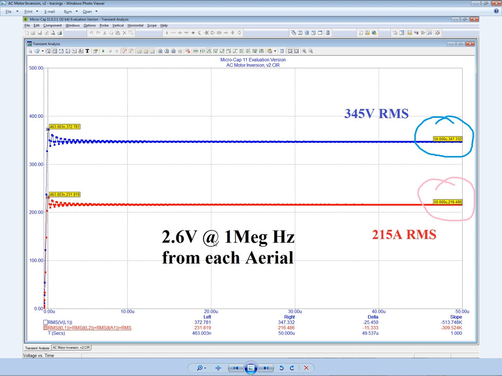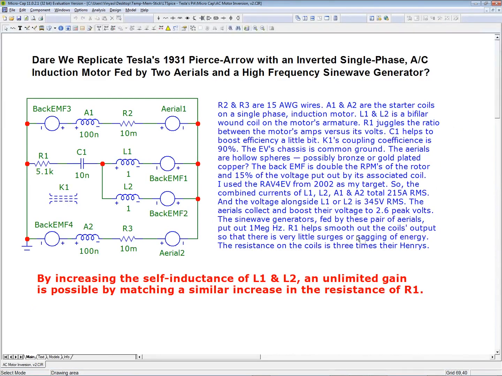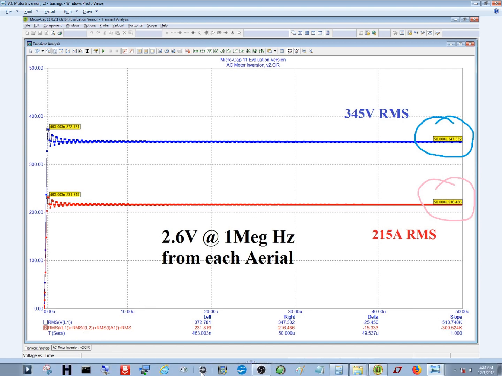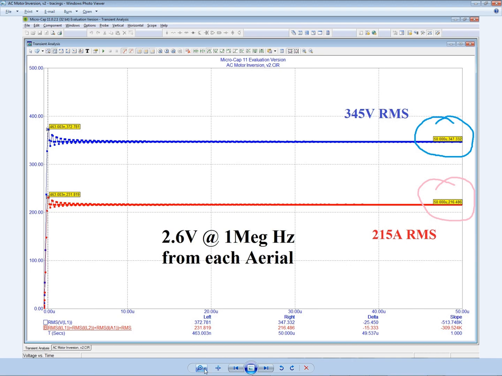Okay? Now, in order to get 215 amps RMS, though, I have to combine the current, the amperage of all 4 coils as a raw feed into this tracing, at which point I then tell the tracing to take the RMS value of the summation of all those 4 values. And that's what I did